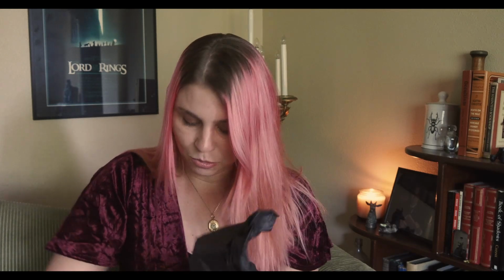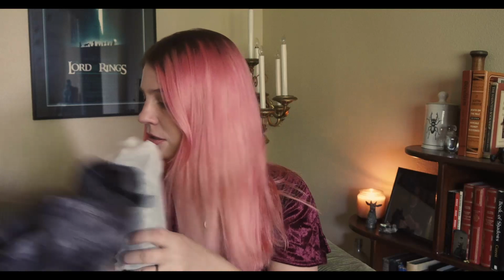Okay, let's see. First item. Wow, actually there's more in here than I expected. Multiple things. Hefty. Okay. I don't know what any of these things are. I'm just going to open them in whatever order I grab. I think I see which one is the candle, so we're going to save that for last. It's like